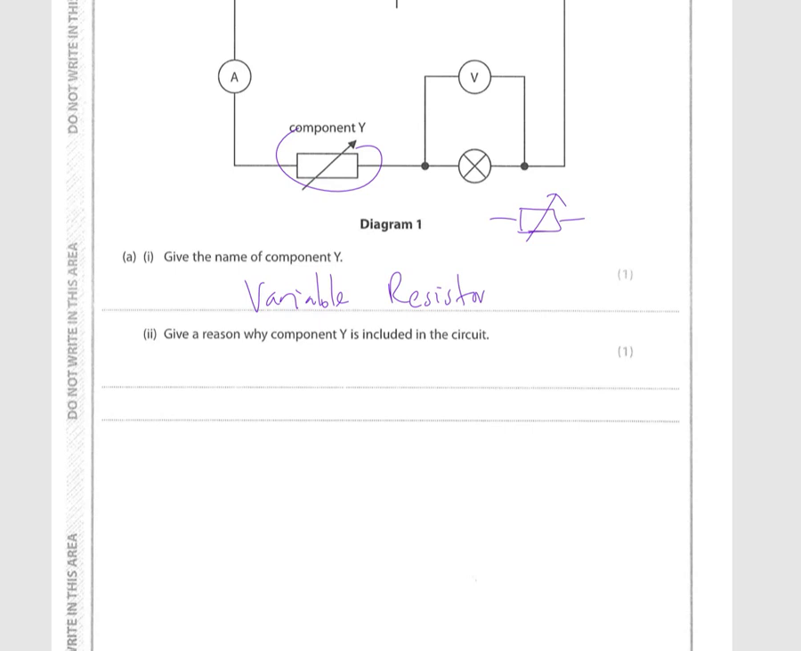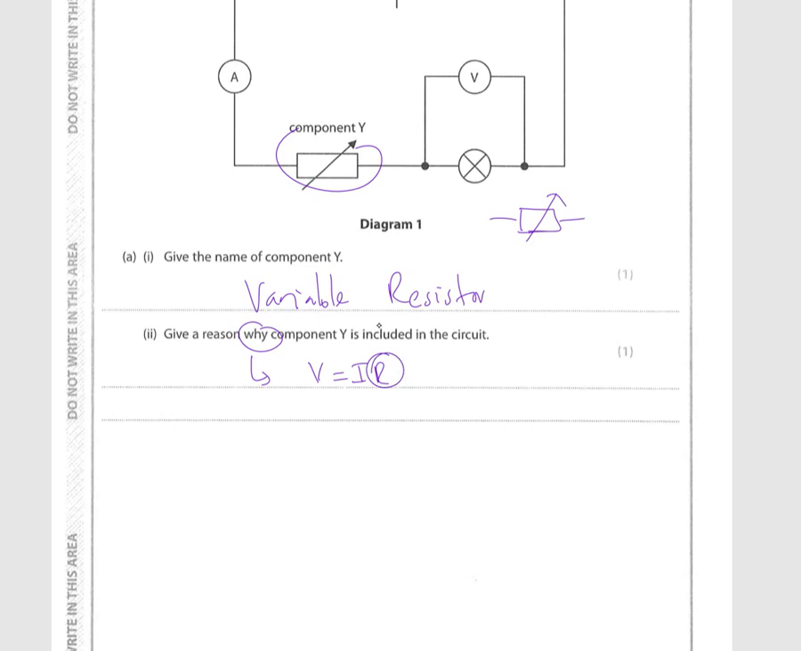Okay. Now, why is it included? A variable resistor is a resistor that changes, but why do we use it? So it's a resistor that changes value, but the reason we use it is, remember, V is equal to IR. If current, this is the current in the circuit,